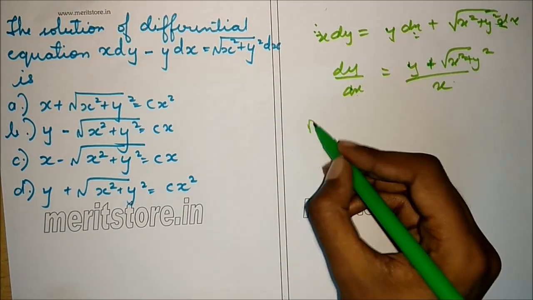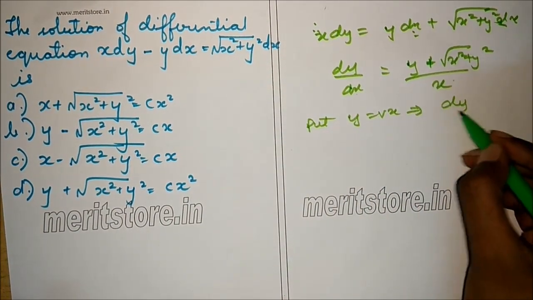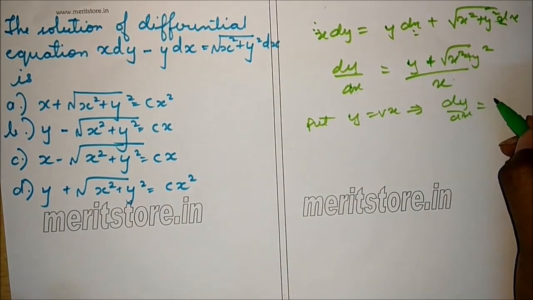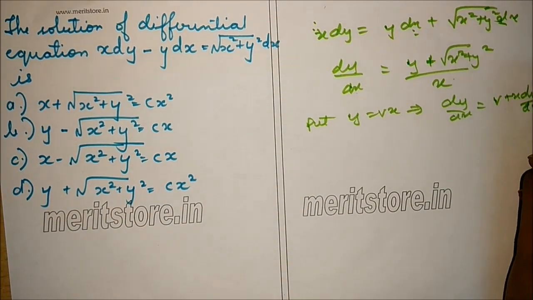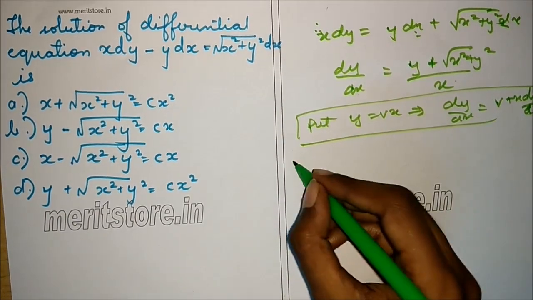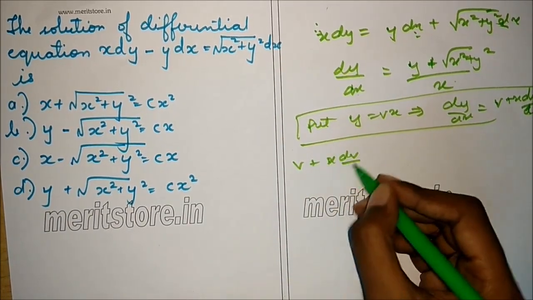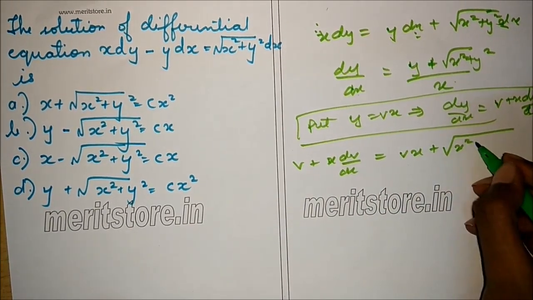So first put y equals vx. So therefore dy by dx will be v plus x dv by dx. So v plus x dv by dx will be equal to vx plus root of x square plus v square x